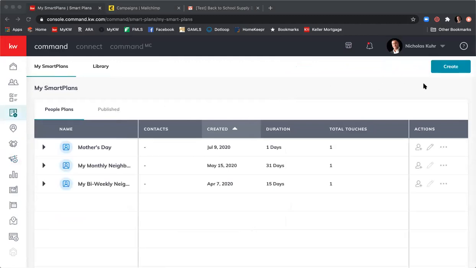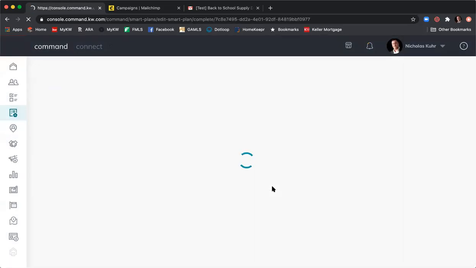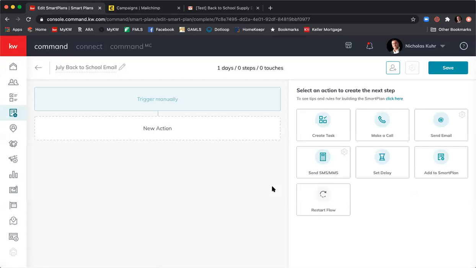And up here in the top right-hand corner, we have the ability to make our own smart plan. So to do that, just click on create and we'll give this a name. So this will be July back to school email. Now, one thing I want to point out about smart plans versus using either the HTML templates in Command or